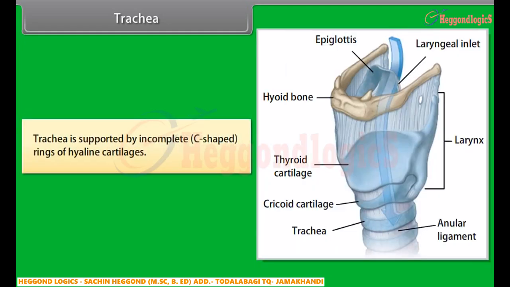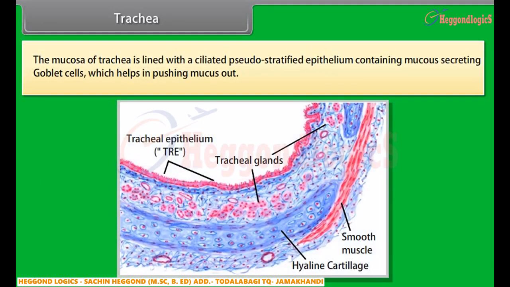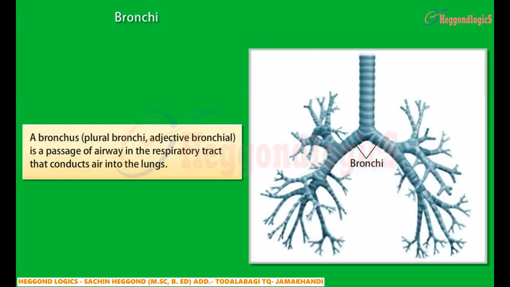Trachea is supported by incomplete C-shaped rings of hyaline cartilages. The mucosa of trachea is lined with a ciliated pseudostratified epithelium containing mucus-secreting goblet cells, which helps in pushing mucus out. Bronchi. A bronchus, plural bronchi, adjective bronchial, is a passage of airway in the respiratory tract that conducts air